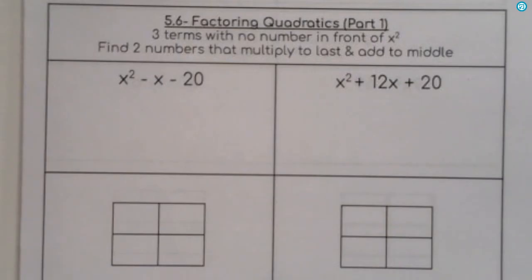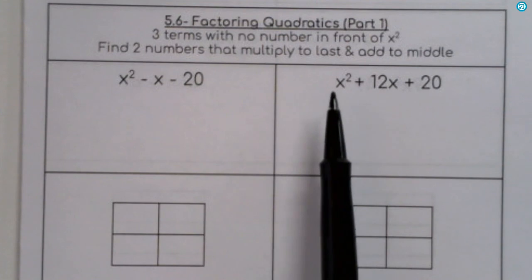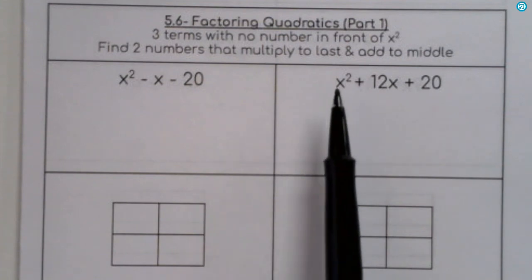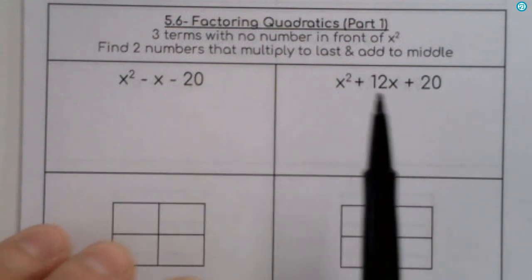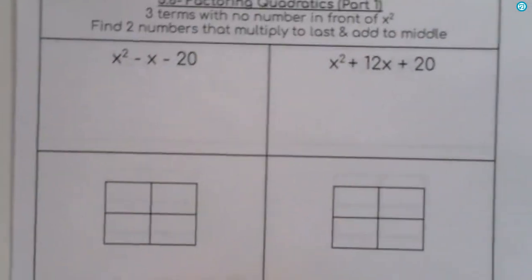Okay, so the next section we did was 5.6, which was factoring quadratics part 1. We use this method when we have 3 terms and there is not a number in front of x squared. So there's not a number here, there's technically an imaginary 1. But what's different between these and 5.9 is there is a number there in 5.9. So for 5.6,